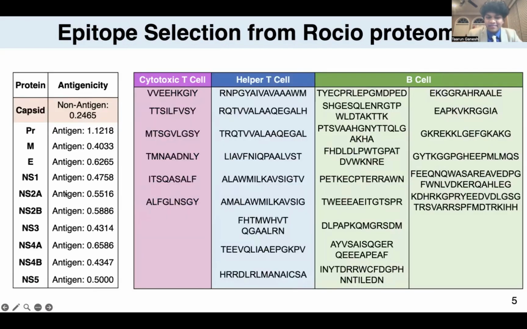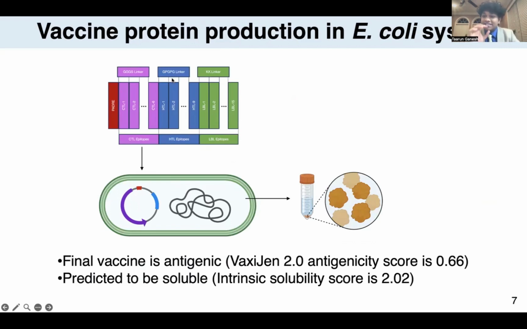In the E. coli system, as I mentioned before, we tested each of the structural and non-structural proteins for antigenicity, which allowed us to predict peptide sequences, or these epitopes. So with each of the sequences that you see on the screen right now, we fuse them together with different types of linkers. These linkers are specifically designed for these types of epitopes to fuse them together to create